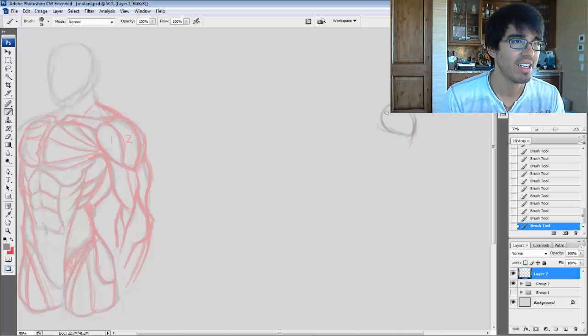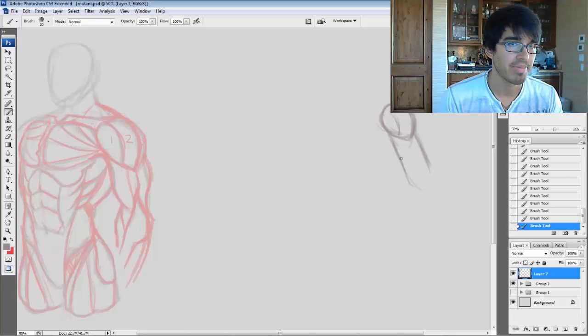So let's start. Now we know the female figure is much more dainty and lovely and beautiful, so we are going to make it a little bit smaller. Same structure, but we're just going to make the shoulders a little bit smaller, right? And then from there we come down to the bicep and the tricep back here, right? At the tip of that second egg, number 2, right here,